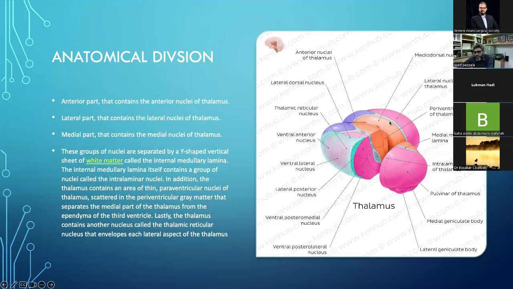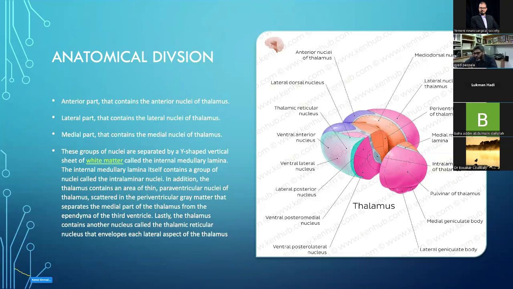This is the right thalamus, and this is the left thalamus. The thalamus will be covered on the lateral part with a sheet of white matter fibers called the external medullary lamina. And then the nuclei within the thalamus are divided into anterior, medial, and lateral groups of nuclei,